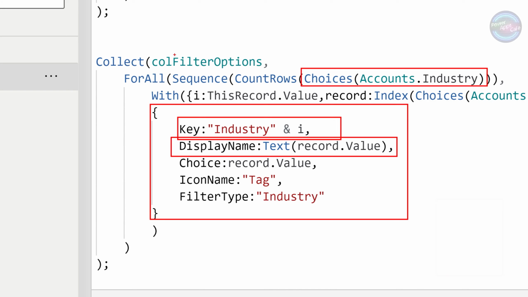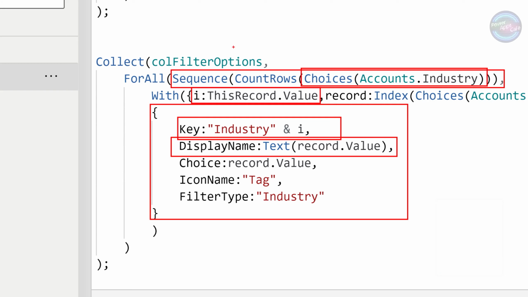Now notice there's a little interesting thing here. This is like a for loop, if you will. And we're using the fact that we're creating a sequence, which is a collection of numbers. So it'll start at 1, 2, 3, 4, count up. And the length of that is the number of rows we have in industry. And what we're doing here is getting that I value, which is the number in that sequence, and we're using that to create a unique key.